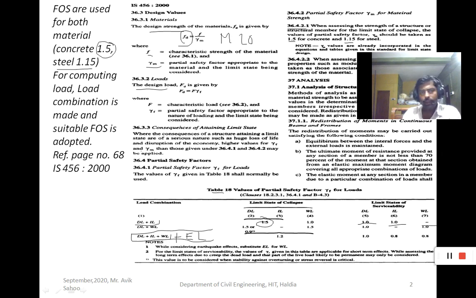So when you design the member, at that time you find out how much load comes to the structure. How much dead load comes to the member, then the imposed load, meaning the live load, how much live load comes to the member, then you combine, that means add the loads as per the combinations following table 18, and multiply by the load factor. That is 1.5, because in your syllabus only dead load and imposed load are included, so we multiply only by 1.5. So here the reference is page number 68, IS 456 2000.